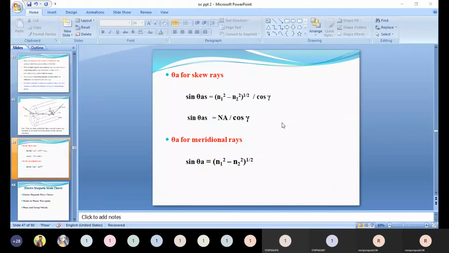Anyone? 87. Can you able to tell what is theta A? Tell me what is theta A? Angles,